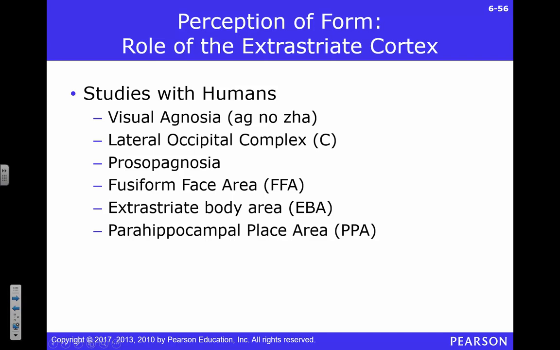Okay. So now we should talk about some interesting areas still in the extrastriate cortex, beyond primary visual cortex. There are folks who have damage to a variety of these brain regions, and they will lose the ability to identify objects, right? Sometimes they lose the ability to identify faces. That's a big one, right? You definitely want to be able to identify people's faces. You don't want to get mixed up there. You tell the wrong person the wrong thing, trust me, it can get dangerous.